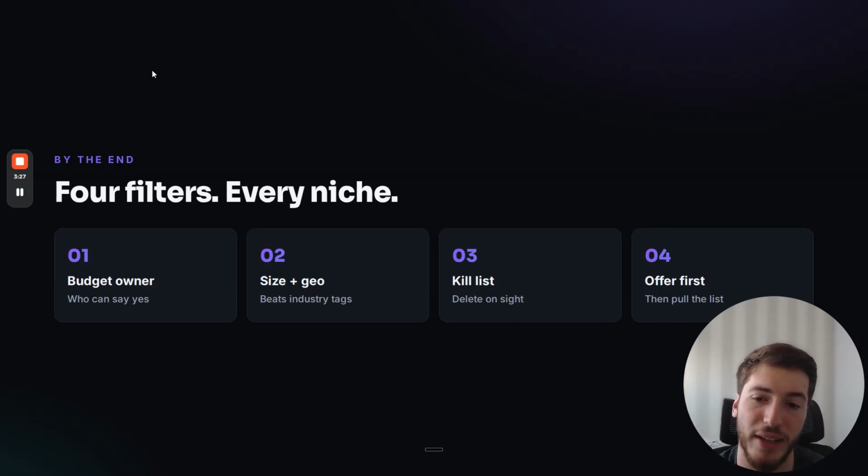The second thing is the size and geo. A lot of times I see people making a lead list and saying, let's target 100 to 500 employee companies. But a lot of times their solution is like $5,000. And I can tell you that I personally closed deals in that dollar range that were paid by 10 employee companies. So unless you're absolutely sure that you need to target mid-market companies,